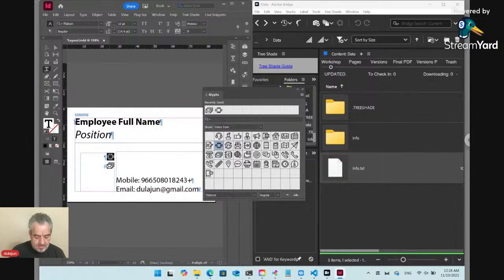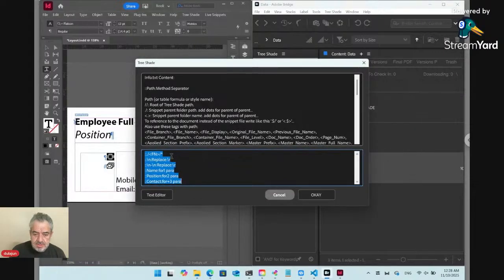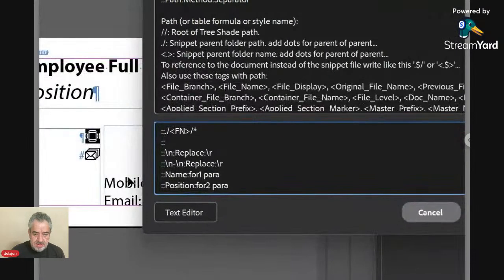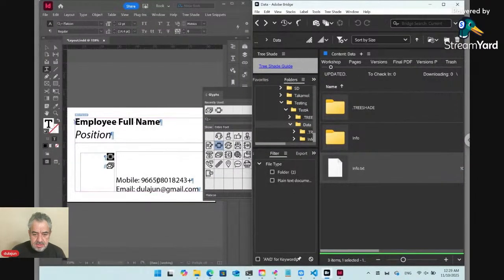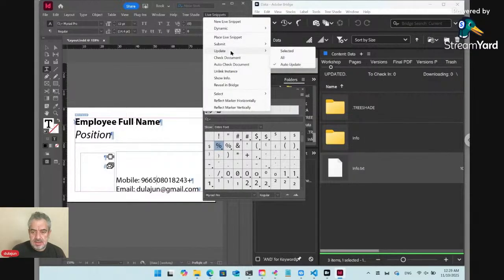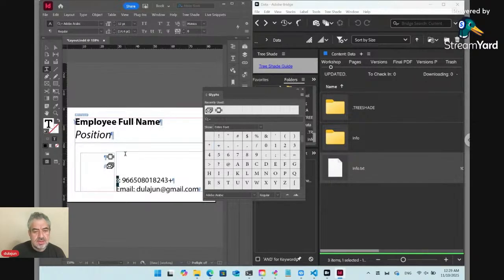Okay, now let's copy this mobile, and here let's add replace. What do we want to replace? We want to replace mobile to Control V, and that's it. Let's click OK, and let's update the live snippet. Okay, now we have the flat icon here, simple, but we need to apply